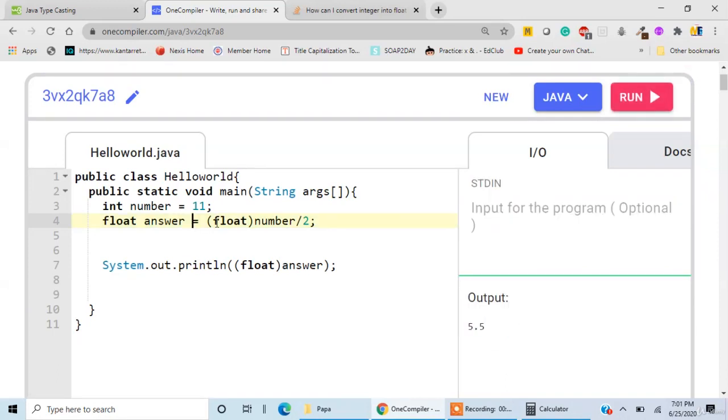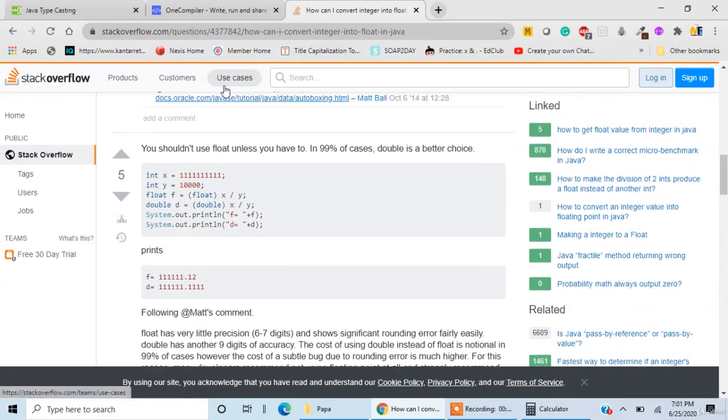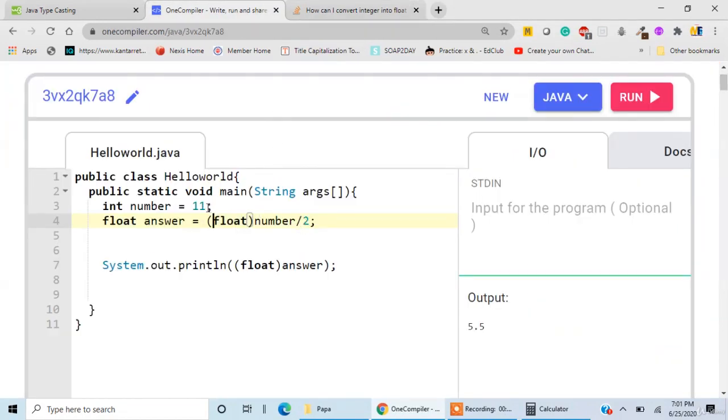5.5. So as you can see, we are converting this integer into a float by just typecasting it. This is known as typecasting. Of course, there may be situations where we want to convert this integer into a string. We can also do that. We are just supposed to search for